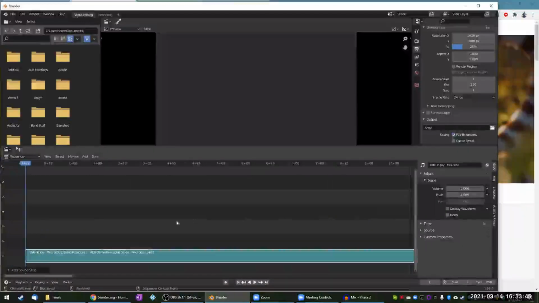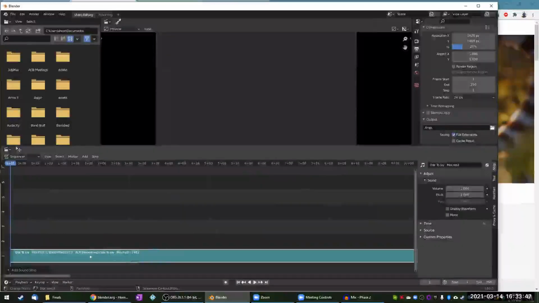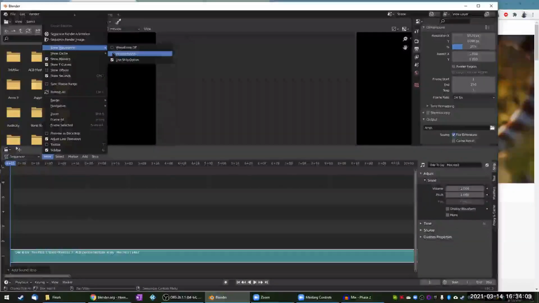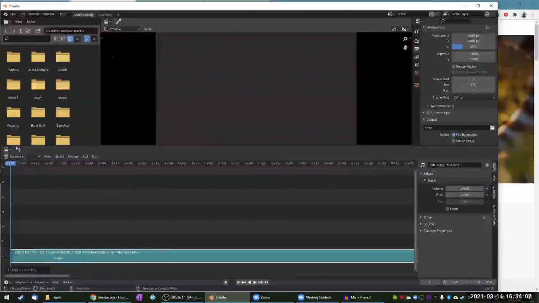When you first drop a file in, all you see is just the green bar, but it gives you a little bit of information: how many frames it is overall, which is 1482, and the name of the file. But that's not very helpful for sound. So under our view options, under show waveforms, we want to make sure we turn our waveforms on. That's going to help us synchronize our video to our audio.